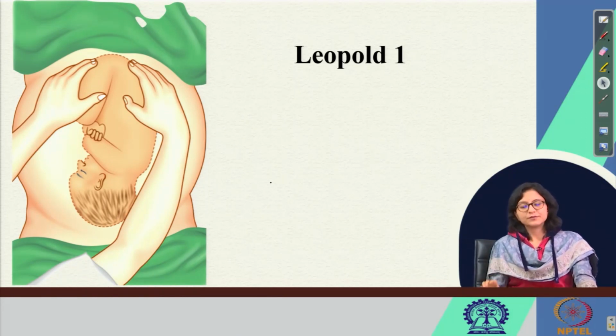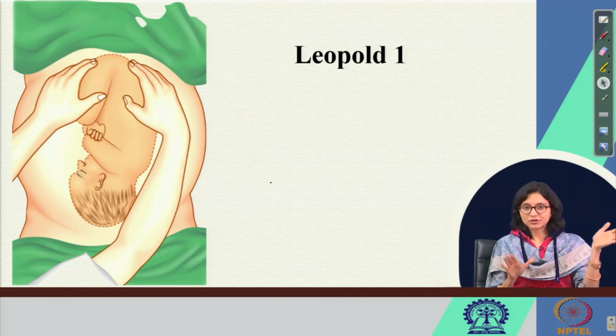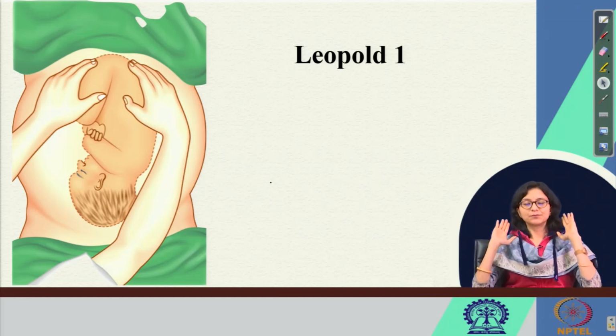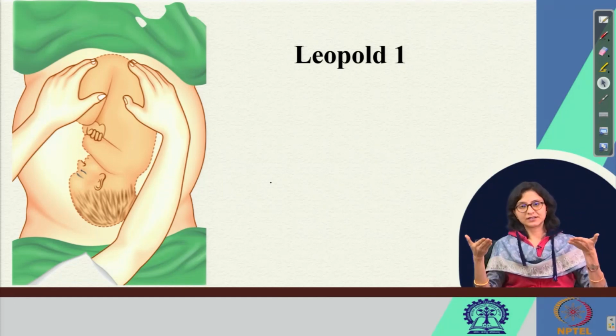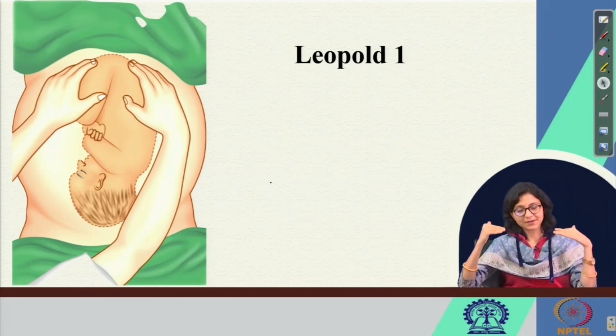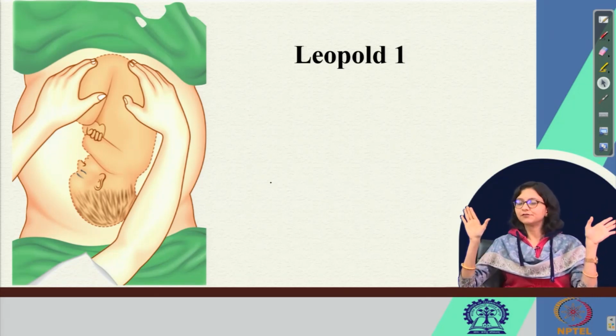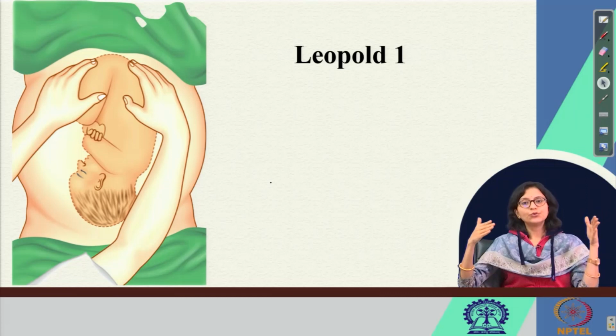So the mother is in supine dorsal position, in propped up state at 45 degrees, in a relaxed position with a pillow under her head and under her knees. The knees are semi flexed and she is very comfortable. Now you, on the right side of the mother, start examining. How?